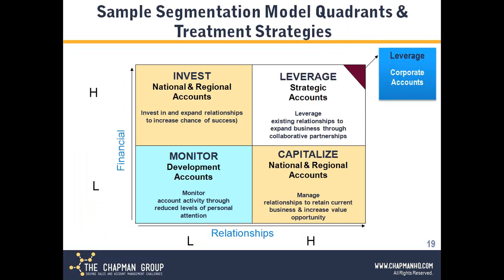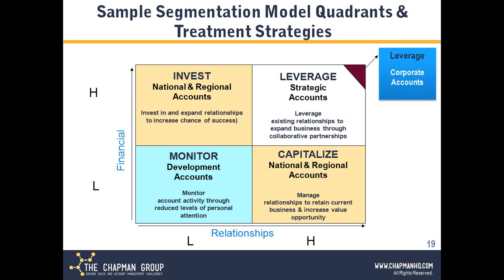this is where the rubber hits the road for you as an operating organization. Because here I can look at, for example, accounts that have high financial impact on that left axis, and on the bottom axis, they have high relationships. So high financial, high relationships, they would end up in that upper right leverage, and that would lead us to a particular treatment strategy that would be much different than accounts on the bottom left that had